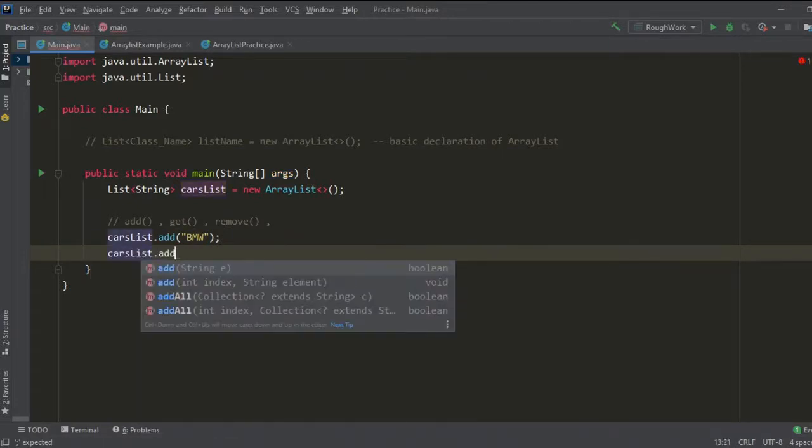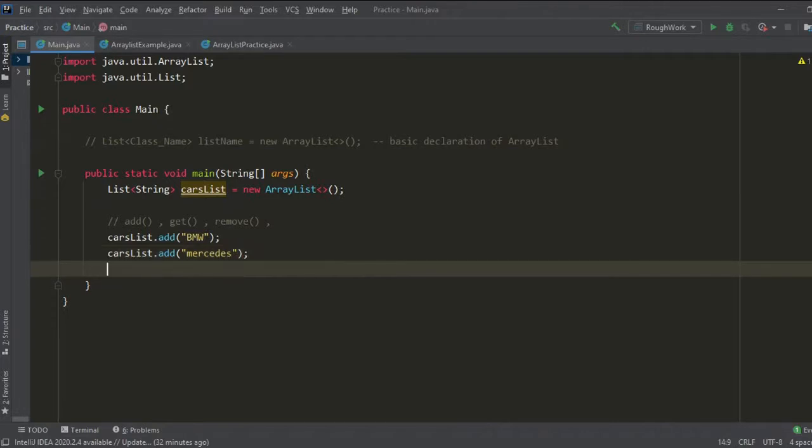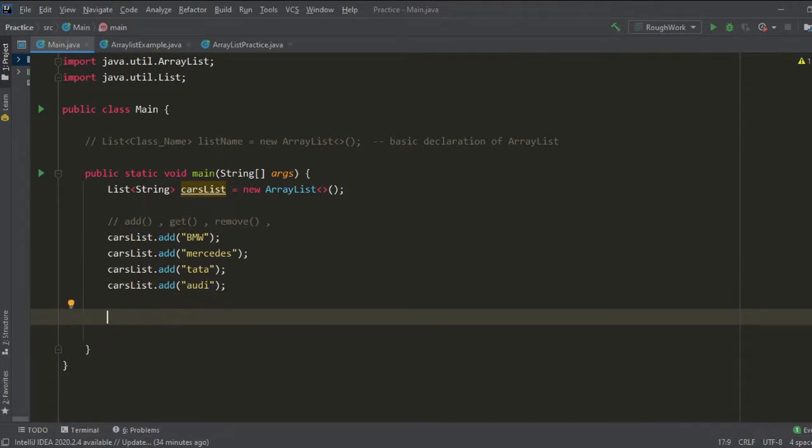As you can see, we can go on adding multiple things, random names, and it will keep on adding. It is not limited like arrays. Here we can add anything. So as we can see, we have added multiple cars into our list.